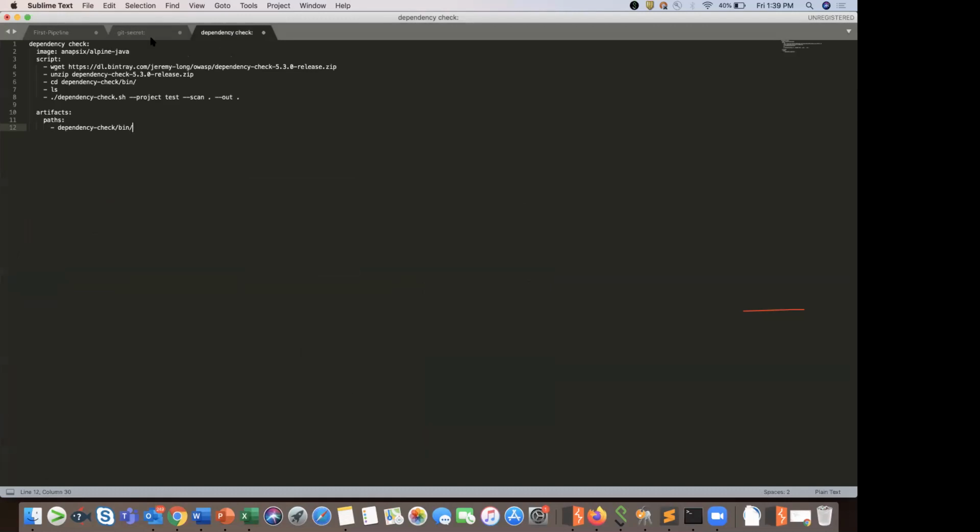So here if you see, there is a new attribute called image. What does this image stand for? Earlier when I was showing you the GitLab runner, I showed you that by default it's pulling the Ruby Docker image, right? And I told you that there is a provision to instruct our GitLab runner to choose an image of our choice. So here I'm instructing the GitLab runner to choose this Docker image, the Alpine Java version.